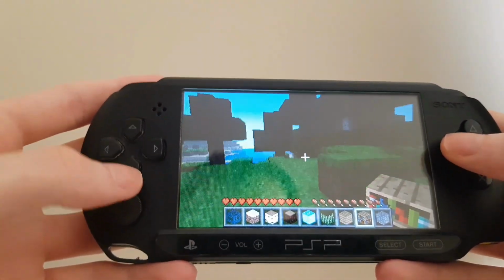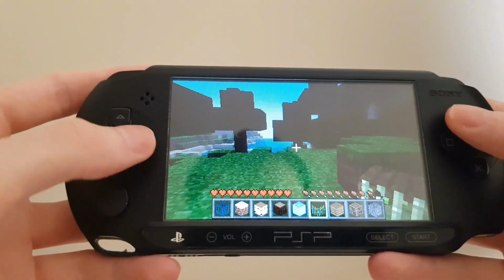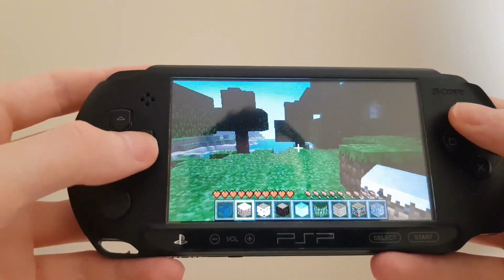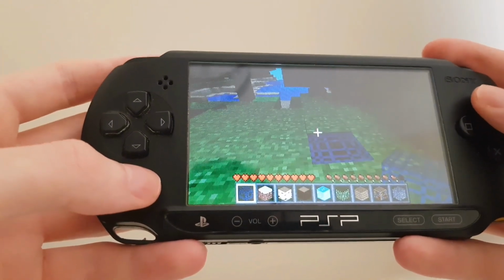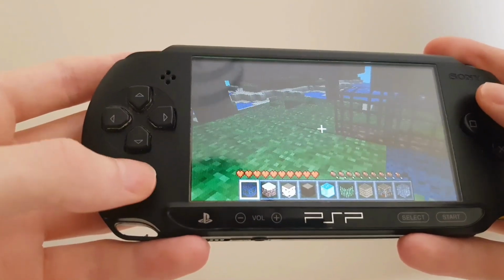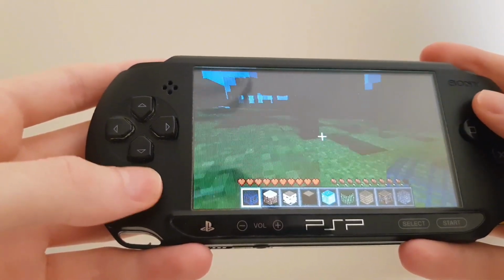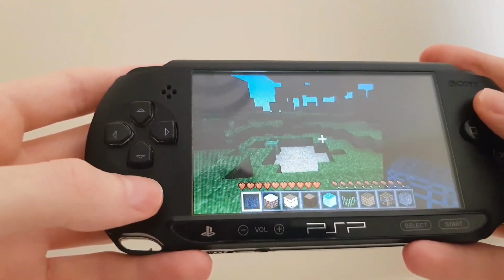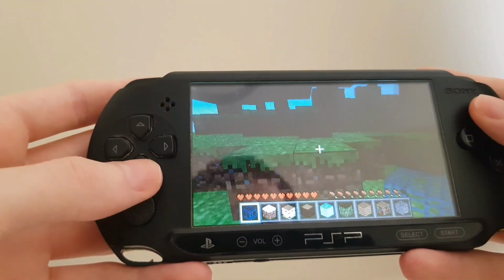And you press the down button on the D-pad to move. And the left and right D-pad to select between your blocks. So it works, but it takes a lot of getting used to. Not to say that this is exactly bad. I mean, for a homebrew, this is actually really impressive, and maybe Minecraft could have been on the PSP to